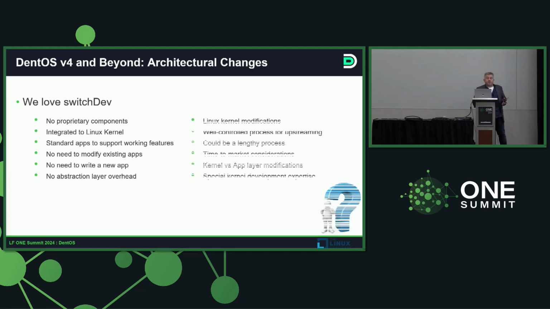We do like switchDev. However, if you're going to go ahead and add a new feature, you have to make Linux kernel modifications. I'm not criticizing the kernel process, like how you commit code into the kernel, but it is a very long, involved step. You have to go through multiple code reviews. You sometimes have to modify the implementation that was agreed upon a month before. The kernel community controls what's going into the kernel very tightly, which they should. It is very important because it becomes available for the entire Linux world.